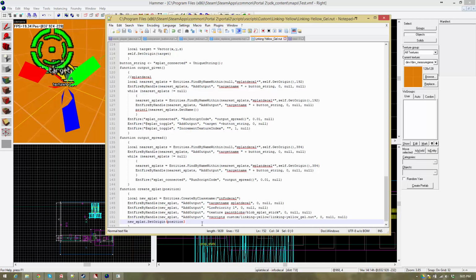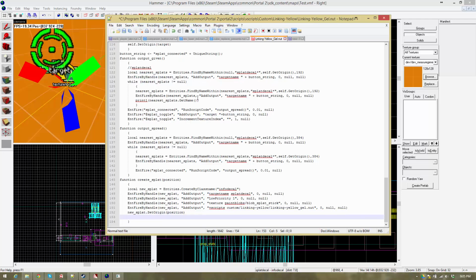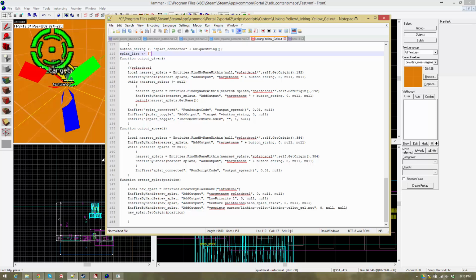Now I just need to put it into an array. Alright, this new line. Let's actually create the array up here with this. Alright, and this is going to be splat list is equal to, alright, and let's just do the square brackets. Alright, and so from here, splat list,